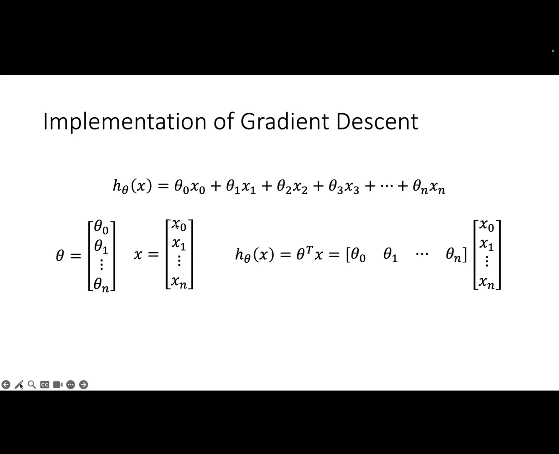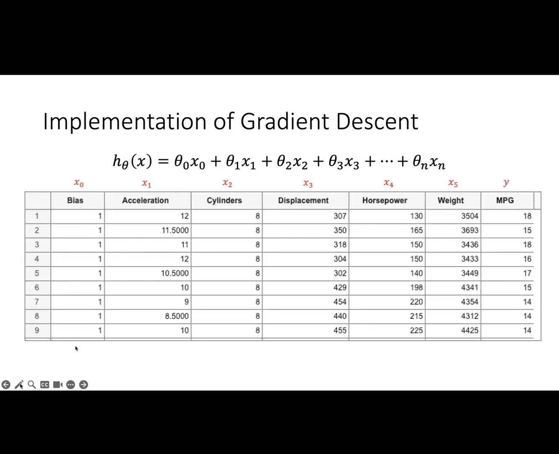Where X naught is now a row matrix. Okay, X1 is also a row matrix. And Xn is a row matrix. So, ano nangyari dito? From a column matrix, gagawin natin, itong x naught, gagawin na natin siyang row matrix. Itong x1, gagawin natin second row. x2, gagawin natin third row. So, ang gagawin natin essentially is we're going to take the transpose of this whole